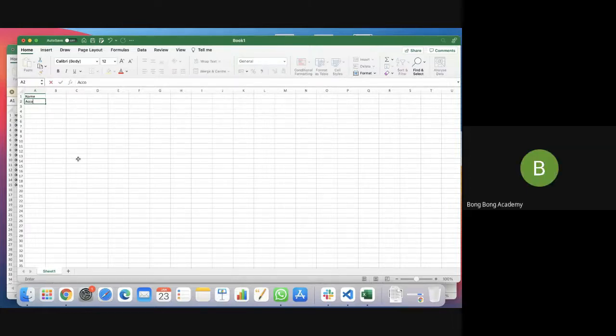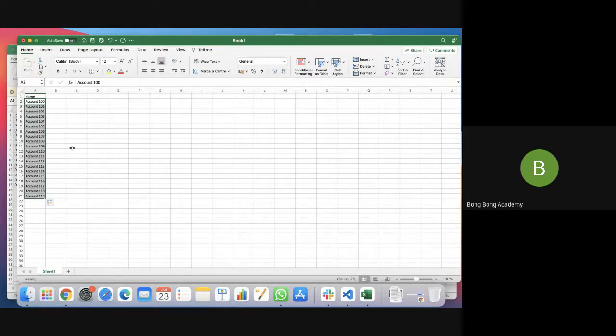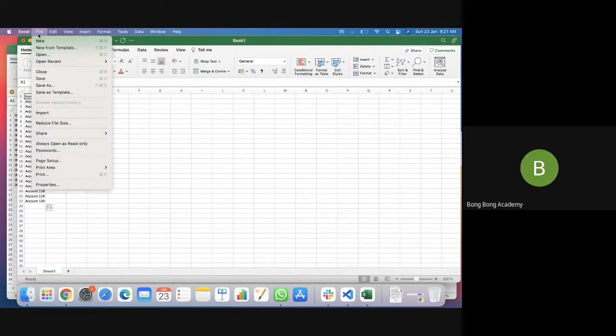So let me give account 100 as my first account, and probably I will create 100 to 120. Yeah, 20 records I'm creating, 21 records in fact. Tell me, when I want to create, this is the mandatory column. I have to give that value, and there is an ID column, do I need to provide an ID? What do you think? ID is created by Salesforce itself. Yes, so I do not need anything.